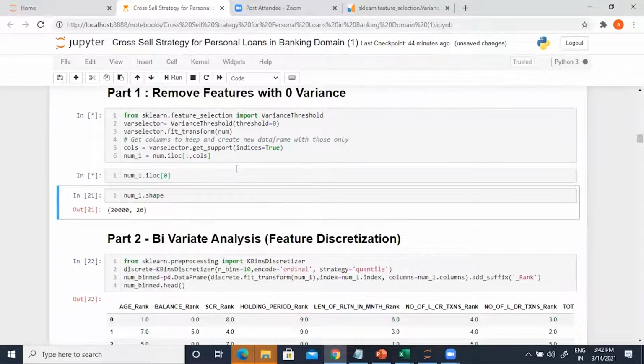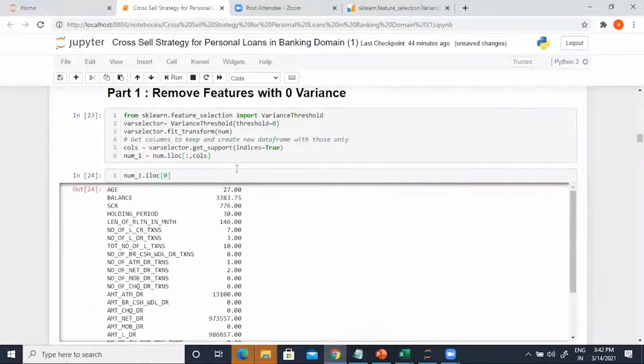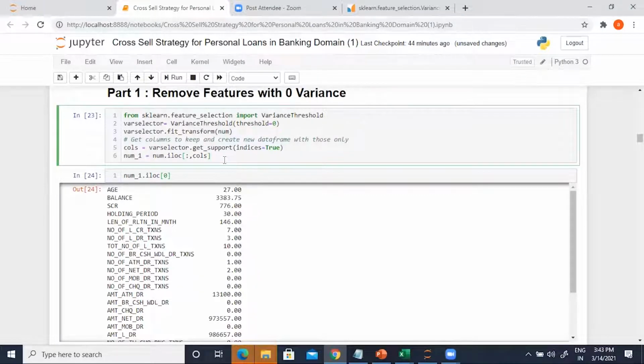Could you please repeat this feature selection part? Is it like we are specifying to only keep columns which have variance up to a certain threshold? We are interested in, I was going to ask you this question, the whole point of this particular snippet is that we want to keep those features in our data which have a non-zero positive variance. Greater than zero variance, that's all I want to say.